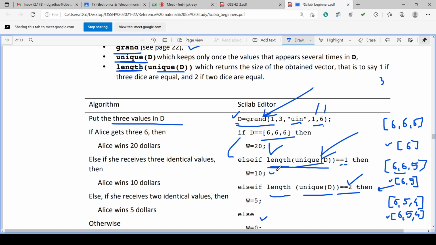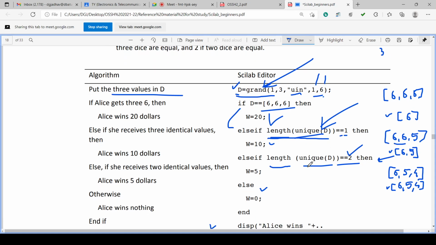Else if 3 same numbers, we can use length of unique of D. That will first generate unique of D, meaning how many unique numbers are there. If all 3 are same, unique number is only 1. Then length of unique D can be found out. If it is 1, then W is 10. Okay, it will check like this.